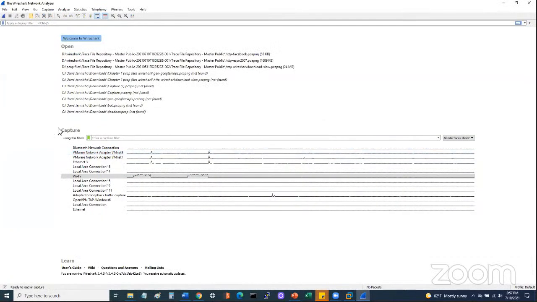If we come here, you'll see that we are able to capture over a lot of different things. We have Ethernet, local area connection, an adapter for loopback, Wi-Fi, Ethernet. So for my computer, there are probably 5 interfaces here that have traffic. This may be different from your computer.